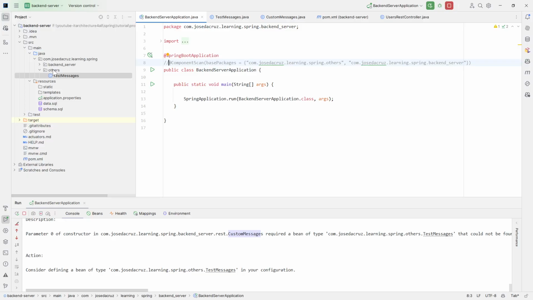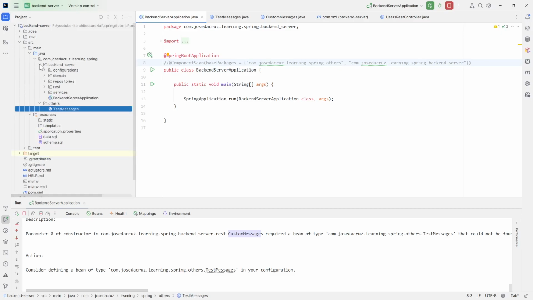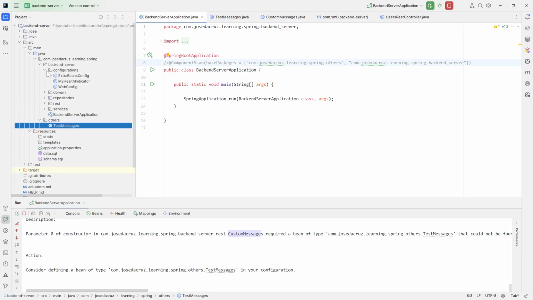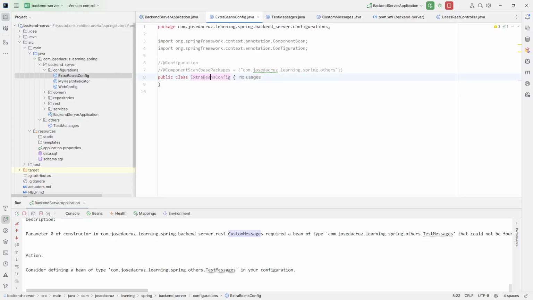So somehow there is a kind of organization in this. I have my application, but I have to integrate this message because there is a new project, and I don't want to change the configuration of my project. I just would like to add this message without messing with the things that I already developed. And one way to do it, again, is we can also add a new configuration, something that I introduced in the past. So imagine that I have this extra beans configuration. Maybe I would change the name and say something